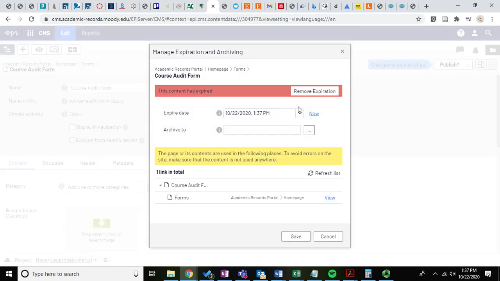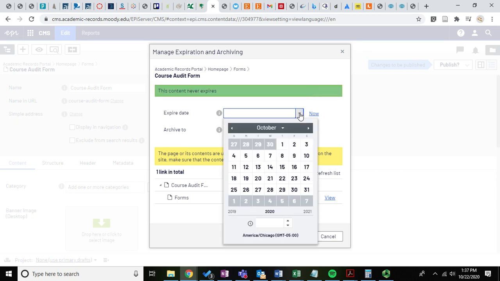You can expire it immediately. You can remove the expiration. It's pretty simple to use this, or you can schedule it. If you wanted a page to no longer be totally viewable, you could set a date and time for that if you had an impending deadline,